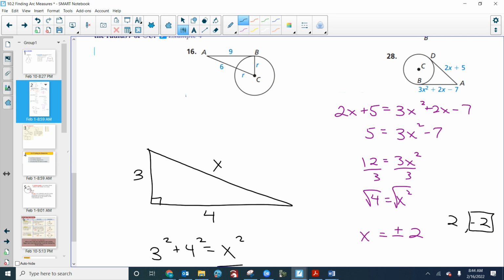Does positive 2 work in this context? Both 2 and negative 2 work. Right triangles? Can't have a negative side. This context, it's fine. So be careful. Be careful. The rest of your math career, when you uncover a square, depending on the context, you're going to